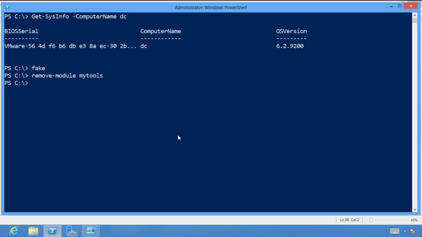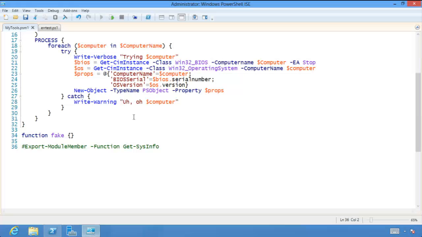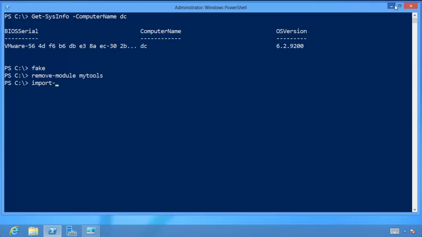You forgot to update it and import. Save it. I saved it. Look, it's not. Oh that. You're confusing me. Oh that. Import module my tools. You should tweet that. Famous Don Jones words. Oh that. It's not nearly as famous as the baby thing. Anyway,